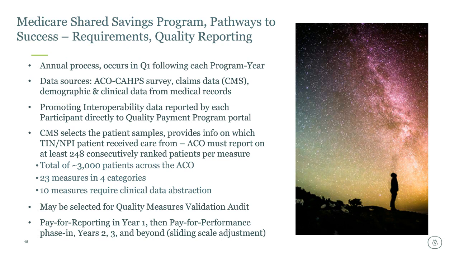So for quality reporting, CMS selects the patient samples and provides information about who those patients are and where they received care from, and then we report on at least 248 consecutively ranked patients. Usually I see about 3,000 patients get sampled for an entire ACO. And there are 23 measures this year in 4 categories, and only 10 of those measures